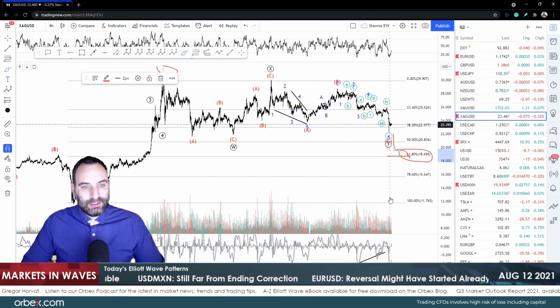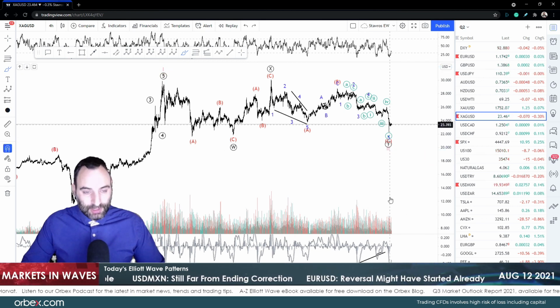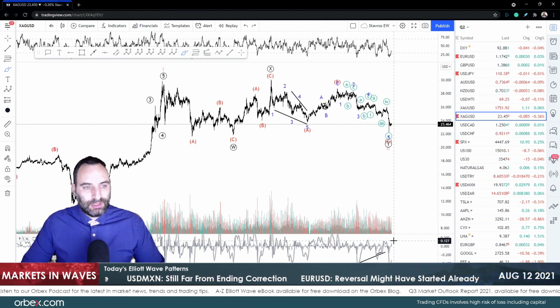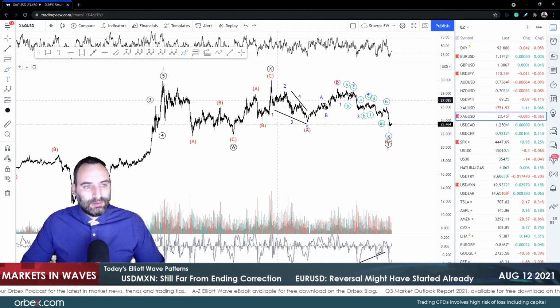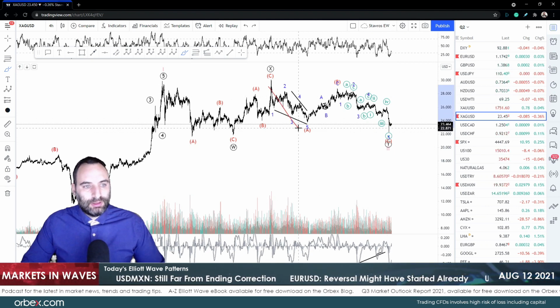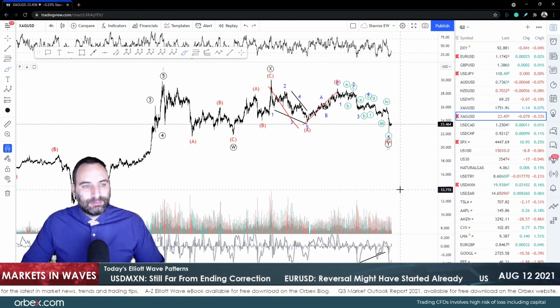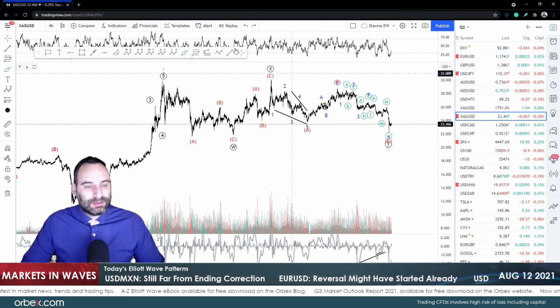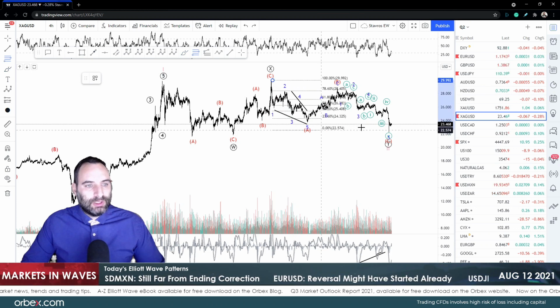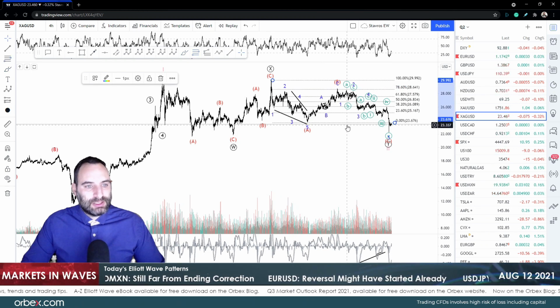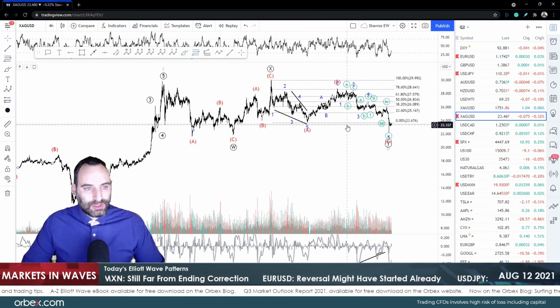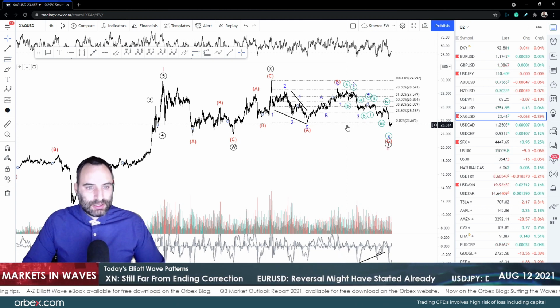So most likely 1869 might be a good level. I'm talking about medium term, right? That, however, for me so far looks like an ABC, and is part of wave W. Now, the ABC can be considered as a zigzag or also as a flat pattern,